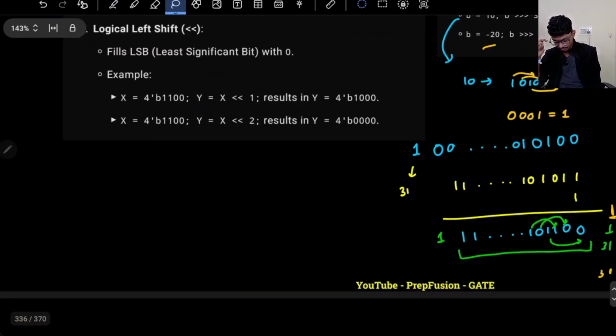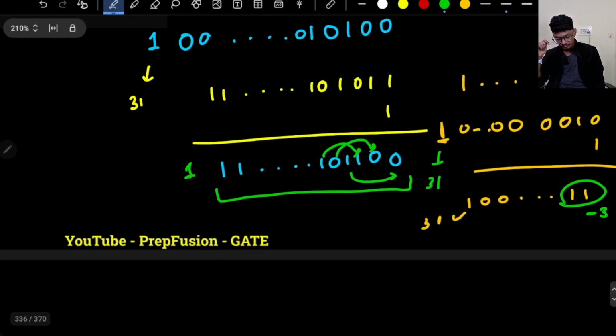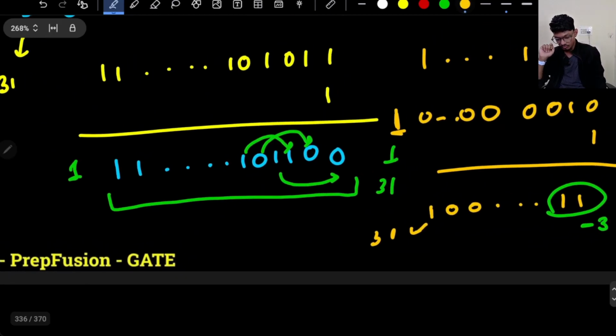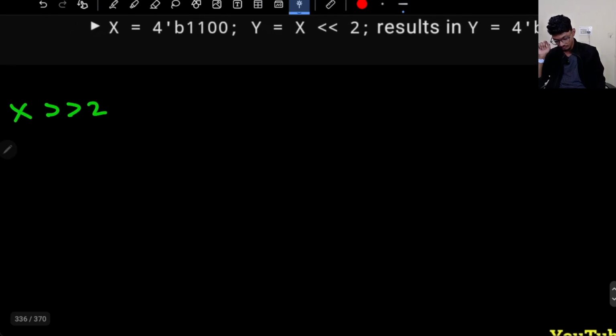Let's check for that. If I would have performed x right shift 2, then what would have happened? This bit would have reached here, this would have reached here, this would have reached here. So basically this 1011 would have been here, 1011, correct? So I will have 1011,